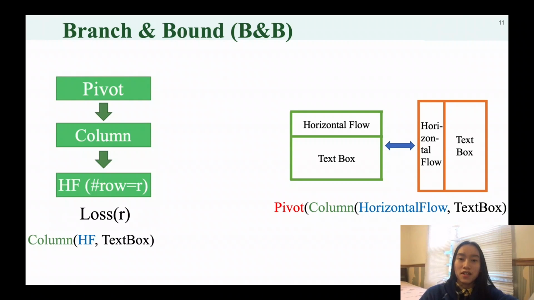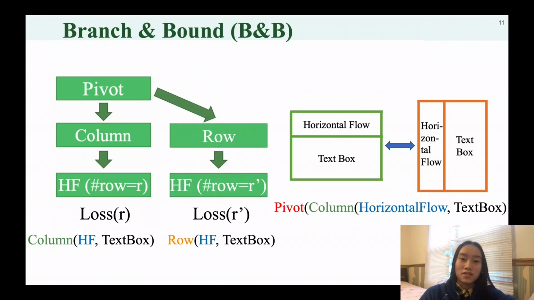Starting from the root node, as awk solver goes down the tree, it adds more and more constraints to the constraint system. Awk solver solves the specification using a quadratic solver in the leaf node to calculate its overall loss value gotten from the objective function. After finishing exploring one alternative, it backtracks up to the pivot node and processes the other alternative. When hitting a new leaf node, awk solver compares its loss with the currently best solution. If smaller, then the leaf becomes the new best solution.